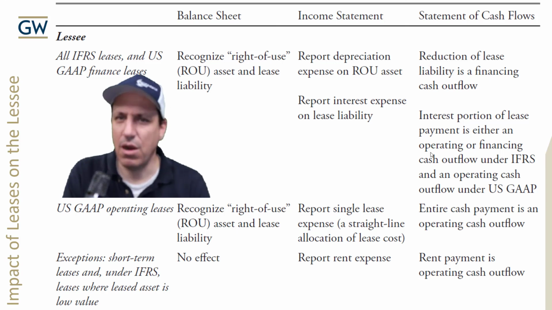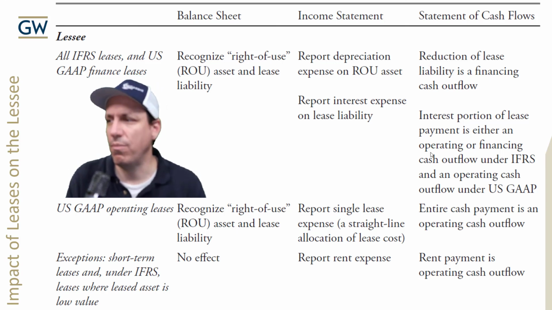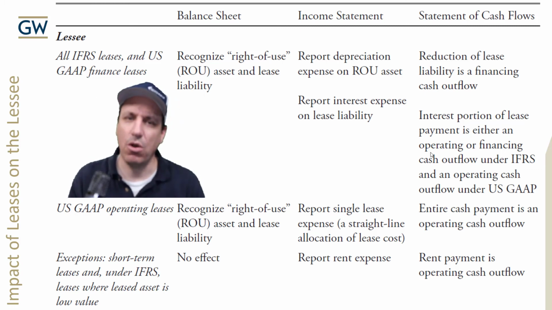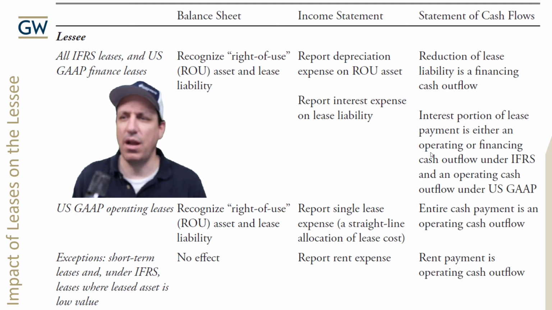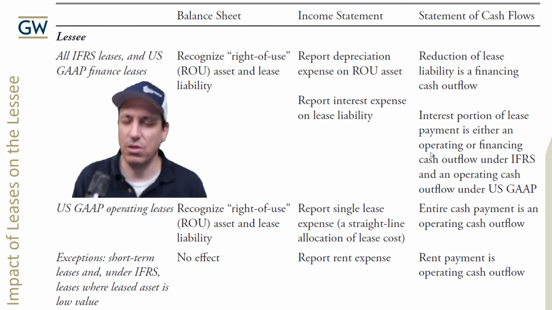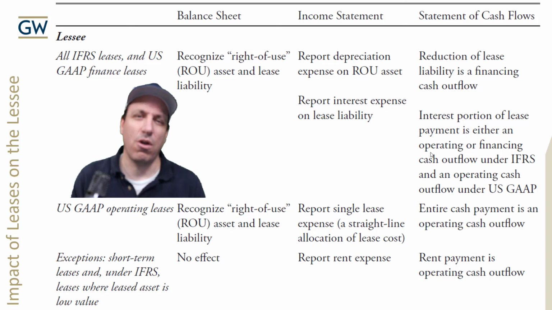We're going to get into the cash flow statement a little bit more in the next section, but an operating cash flow is something from your operations, and a financing cash flow comes from raising capital. And you might think, well, if it's just like a loan, then why is the interest not financing? There's a good argument that could be made that it is a financing cash flow. It's just, this is how the rules worked out. Under US GAAP, they basically say, you know what, this is part of our operations. If you need interest, then interest expense is part of your operations,